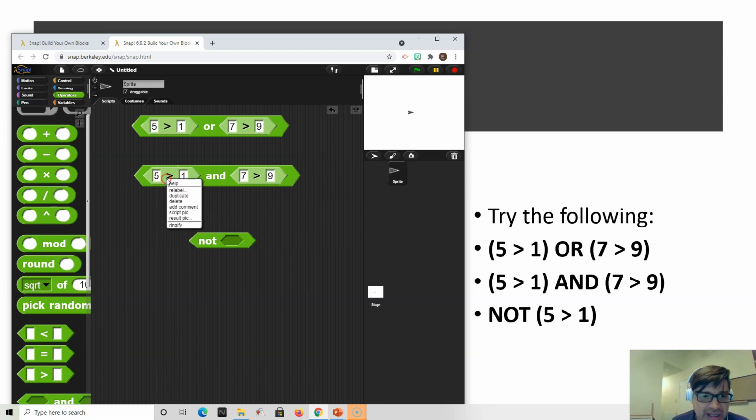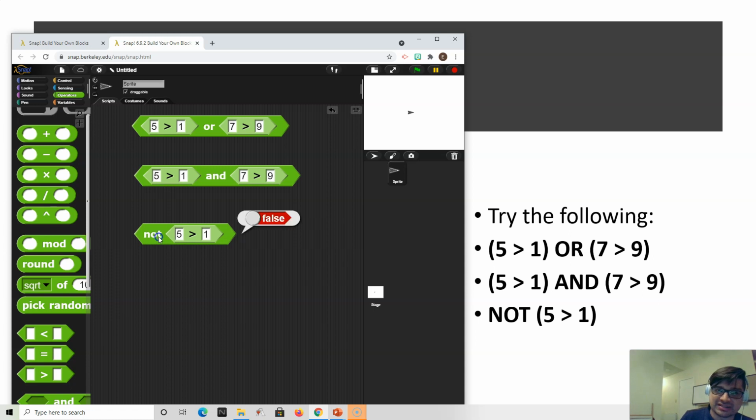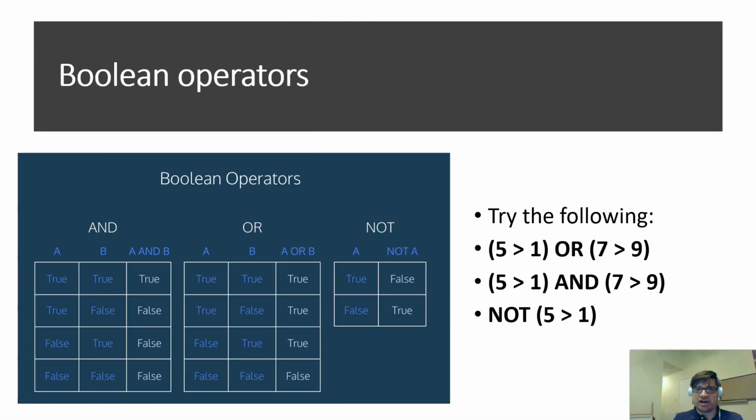And now let's try one of these with a not. So let me ask you, is 5 greater than 1? Yes, it is. But we're going to perform a not operation on this true. So not true means it's false. Let's try this. So what is the not false? True. Okay, so that was the or, the and, and the not, these Boolean operators. Let's now